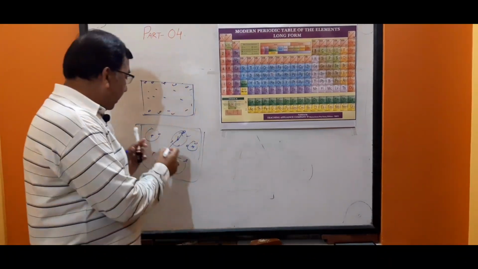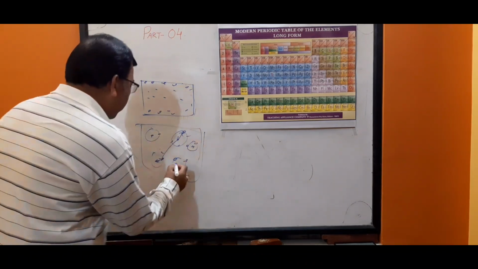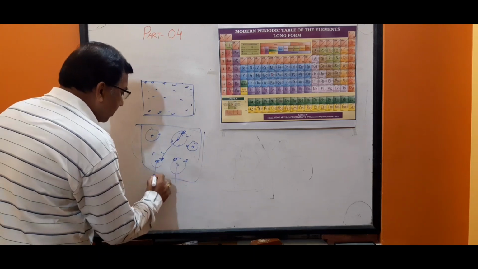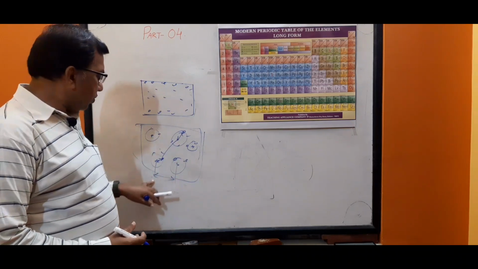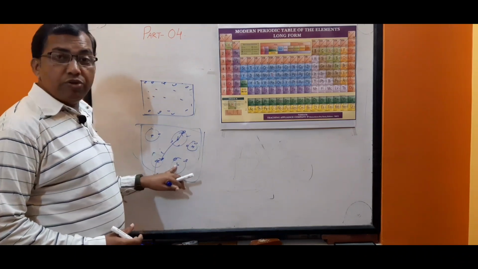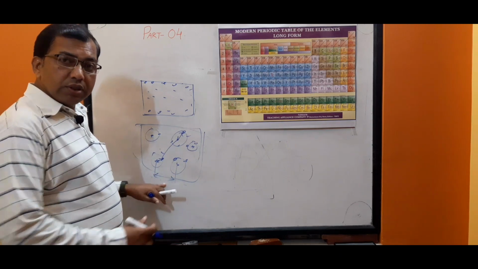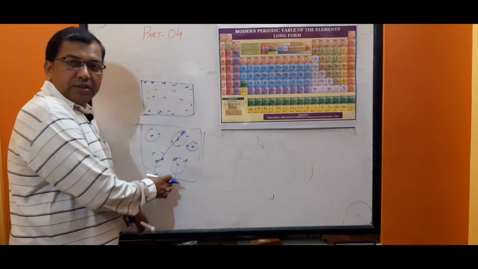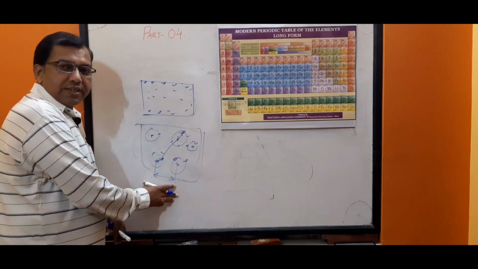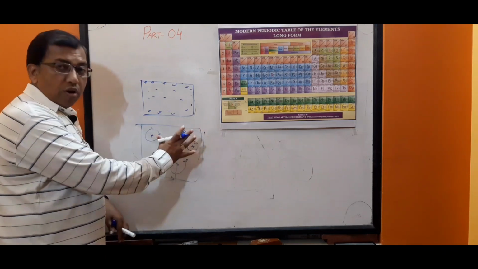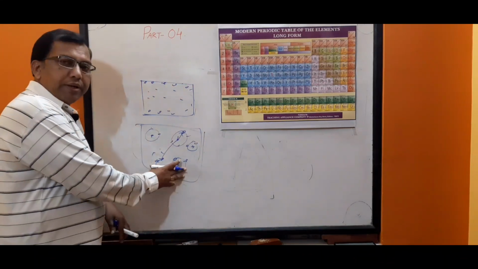So in that case, what will be the radius? You have to find out. Suppose in this case you have to find this distance: half of the intermolecular distance between two nuclei, two adjacent atoms in the metallic lattice. Clear? So half of the distance between two adjacent atoms in the metallic lattice. That is the concept of metallic radius. Clear?